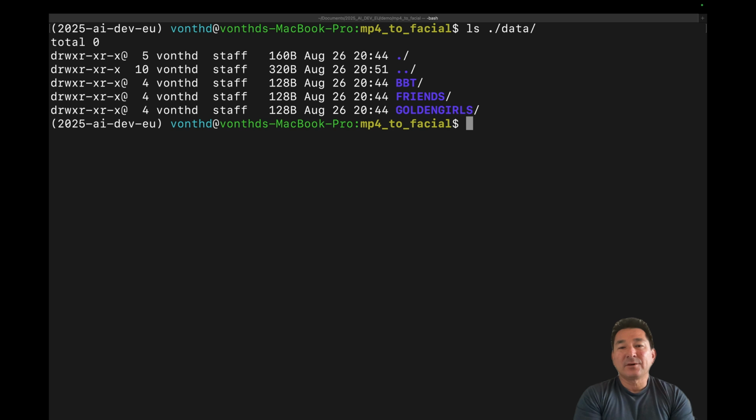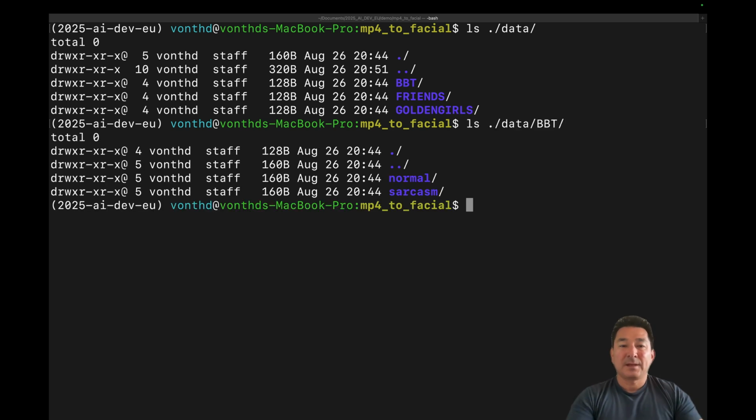As you can see here, we have our MP4s classified by the shows that they were collected from, so Big Bang Theory, Friends, and Golden Girls, and they're already mapped into normal and sarcasm folders, so that we have our MP4s for every show already pre-dropped into a normal folder and a sarcasm folder. So what we need to do is extract these facial landmarks from these videos, and in order